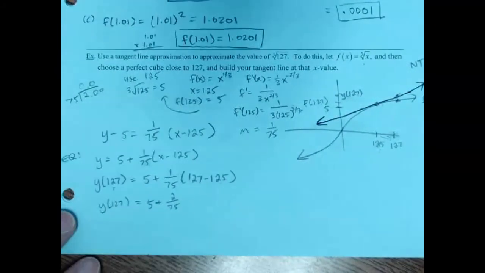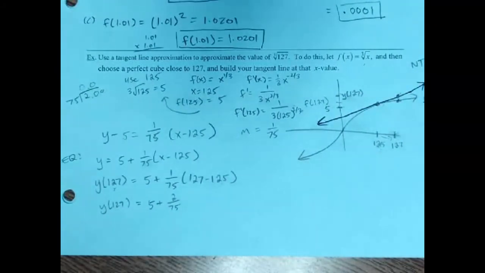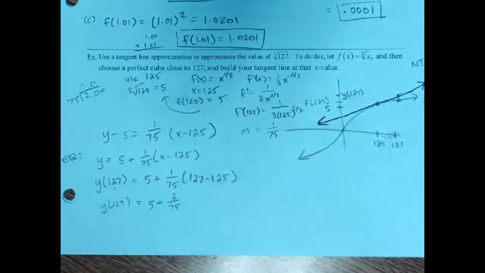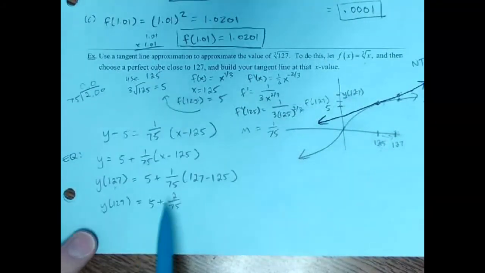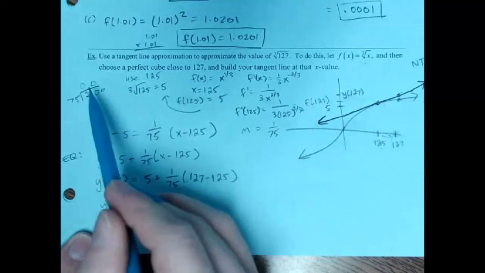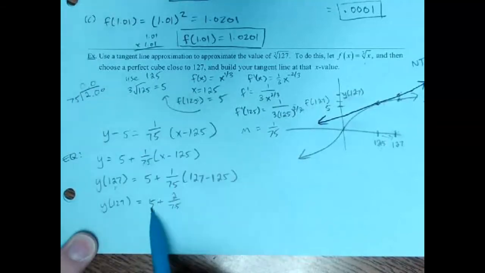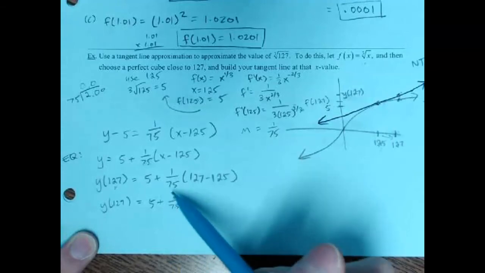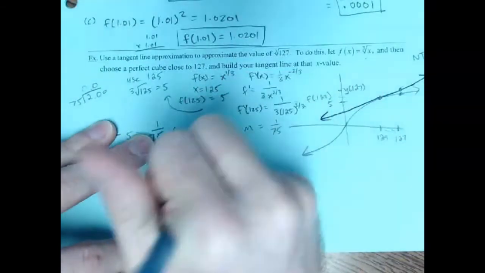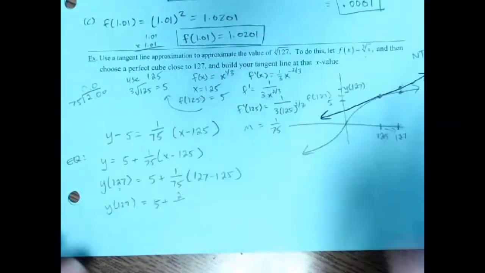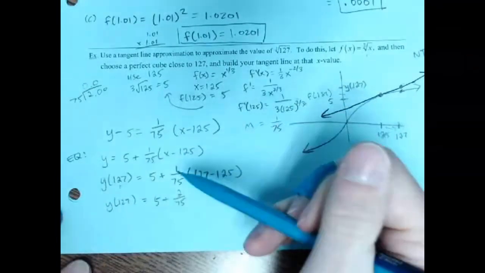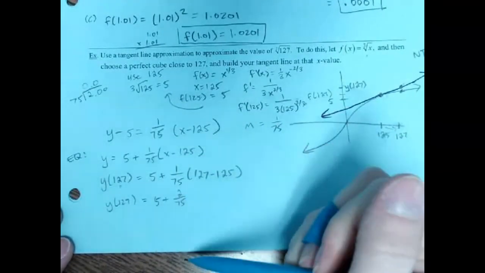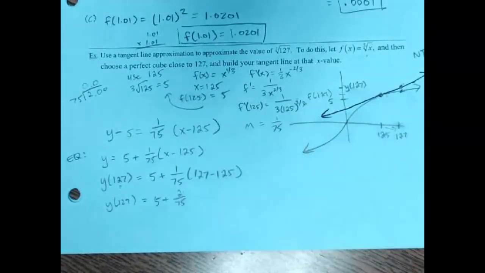I'm going to not do that just because I'm a little bit lazy and I want to make this video a little bit shorter. Could I do this division by hand? Yes. Am I going to right now? No, right? But I could do this division, and then I could take that decimal and add it to 5. But just for the sake of time, this decimal, when you do 2, it's not 7.5, it should be 75. When I take 2 and I divide it by 75, it would end up giving you a decimal that's